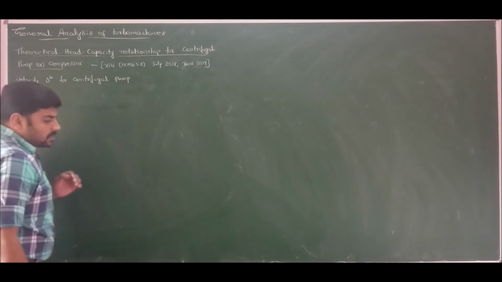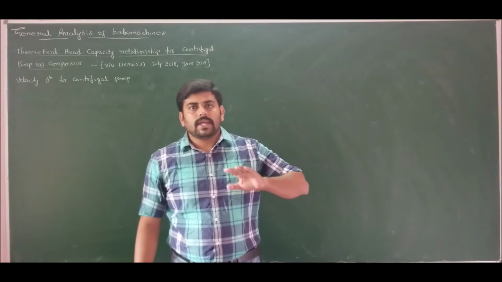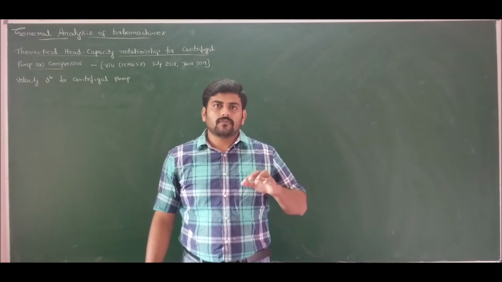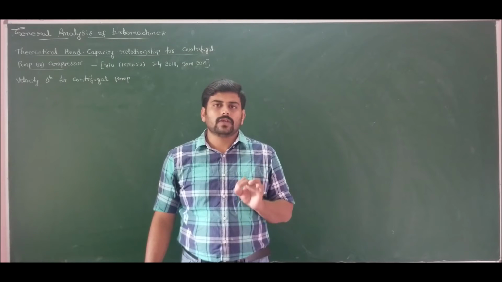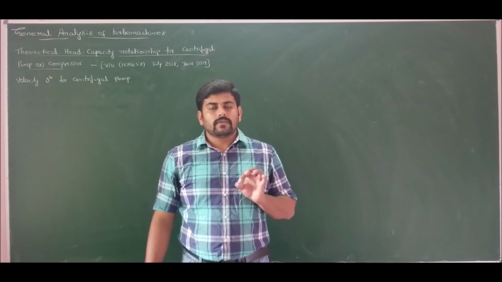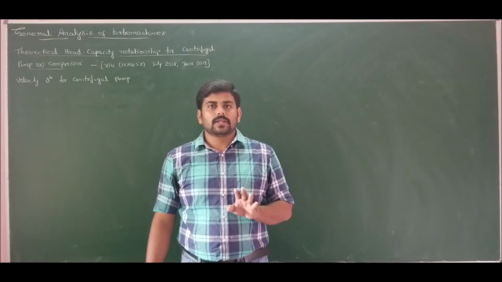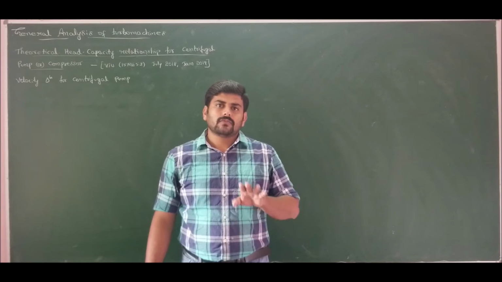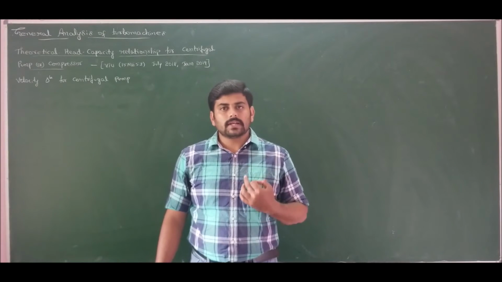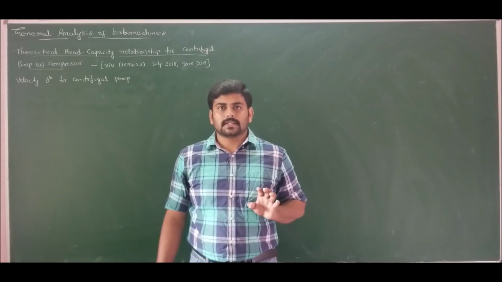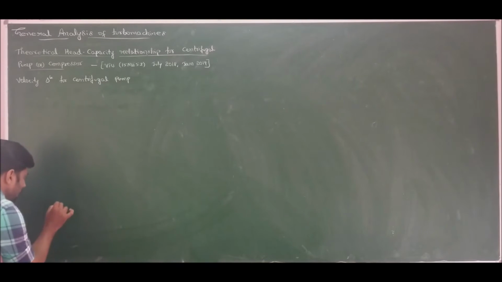Coming to the velocity triangle of a centrifugal pump, there will not be any swirl at inlet. So always for a centrifugal pump, alpha 1 is equal to 90 degrees and Vu1 is equal to 0. Whenever you see the word centrifugal, always take alpha 1 as 90 degrees and Vu1 equal to 0. This is because for centrifugal pumps there will not be any swirl at inlet. So the inlet velocity triangle is always constant. That is, we have the inlet velocity triangle as